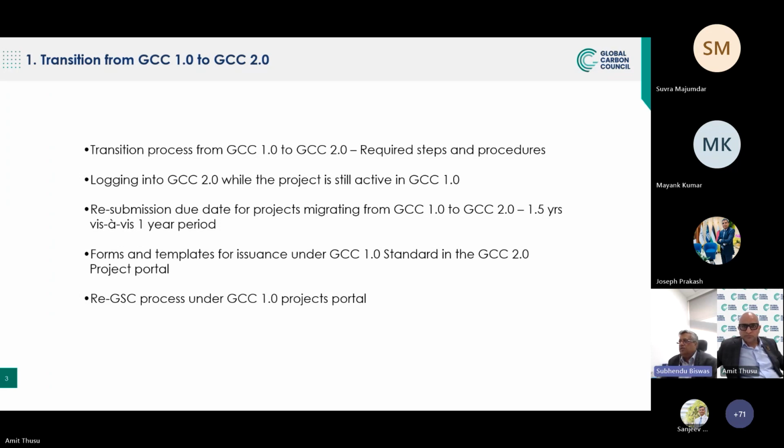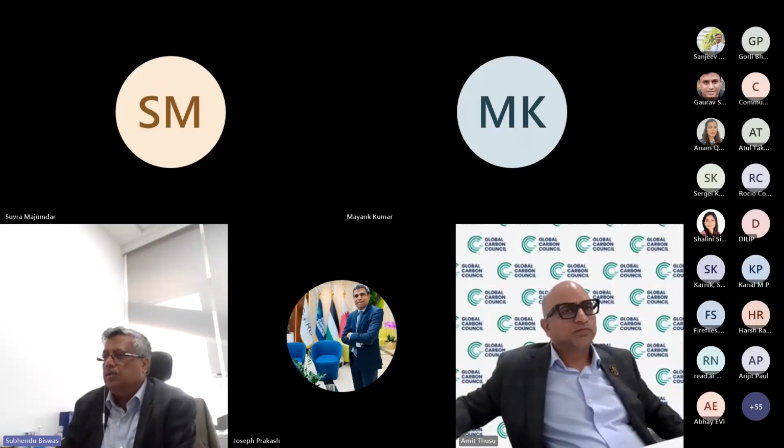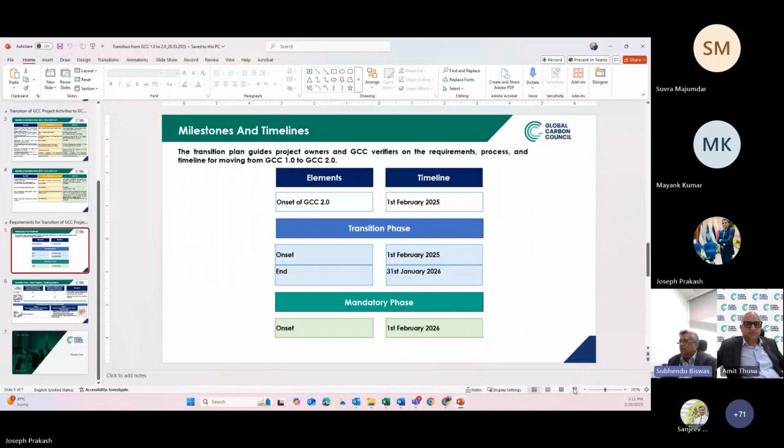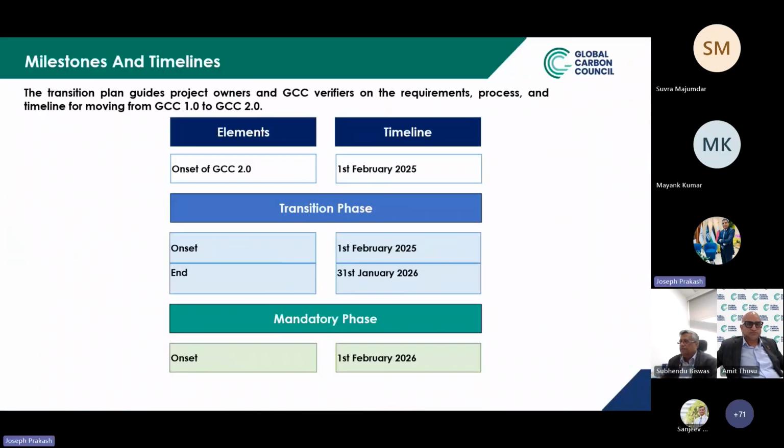Joseph, can you just show us the relevant steps on migration, how to move from 1.0 to 2.0? Okay, you mean the one wherein people can opt to move from 1.0 to 2.0, and what they need to do for that? Yeah. Okay, I have a few slides which are more towards setting the context, like which projects need to move, and